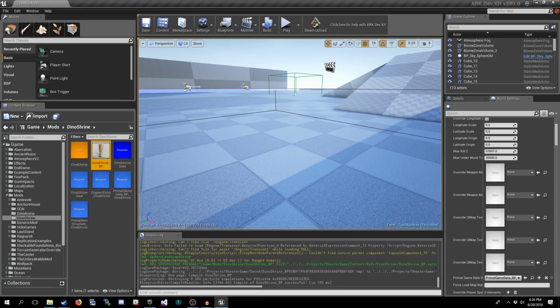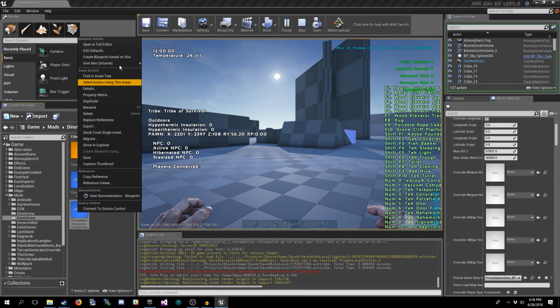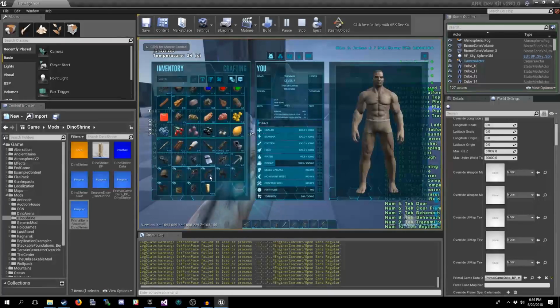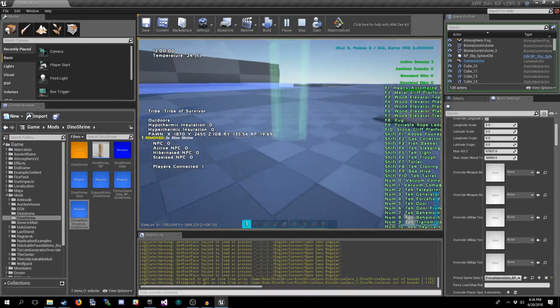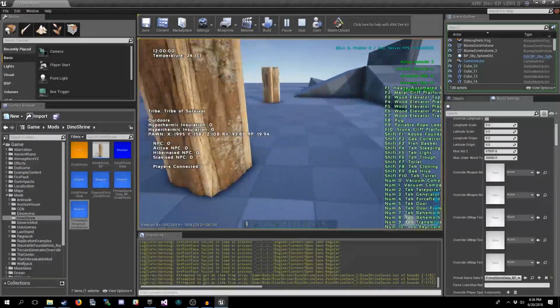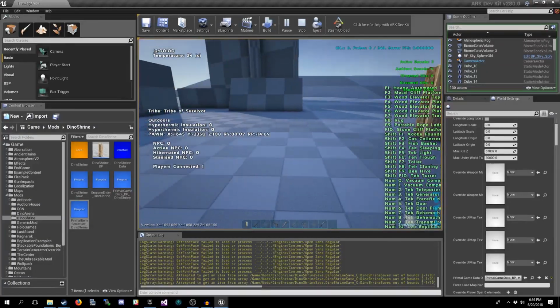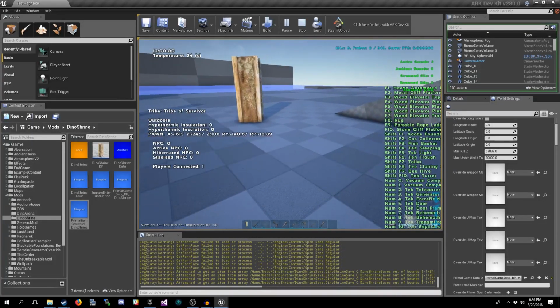We've already got our primal game data set in the map. We'll hit play. And I'll come over here to the primal item structure Dino Shrine. Hit quantity 10. Now, put down a few of these. And you notice nothing's spawning, and that's because in the save data, I removed all of the default options that were there. So now it only starts spawning things when I ask it to, or when I change the settings to something that's actually valid.